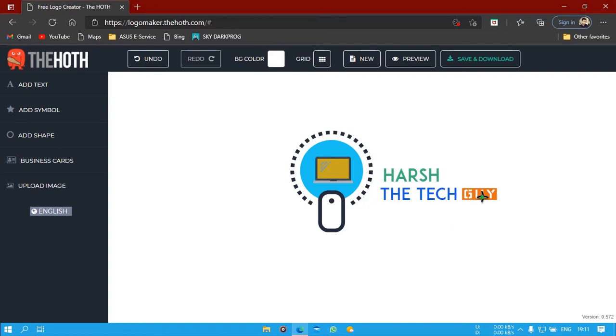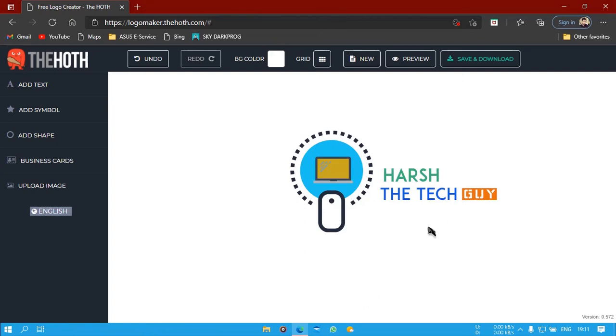Now you can see that our logo is looking fancy and unique, and by this process we successfully created our logo. So if you want to make your logo like this, you have to explore these options and create your logo in your unique way. I have made this logo in my process, so maybe your process will be different than mine, and you can apply many types of creativity here.